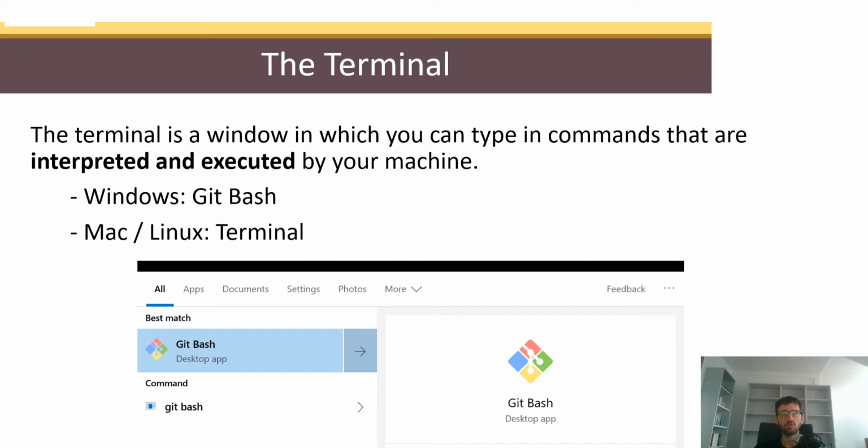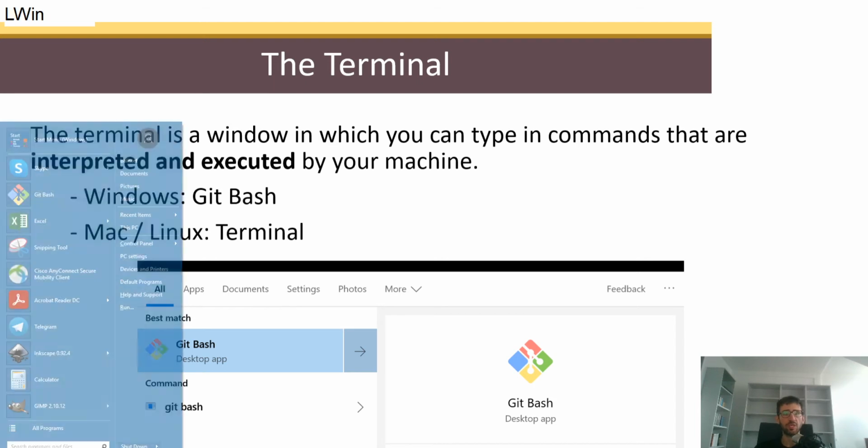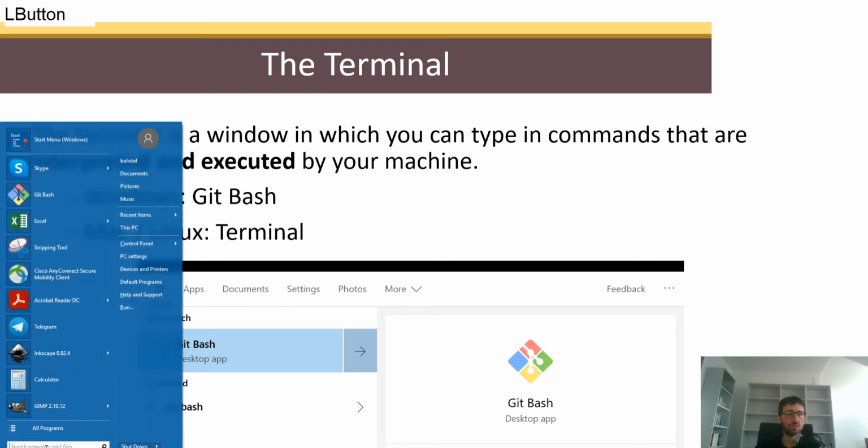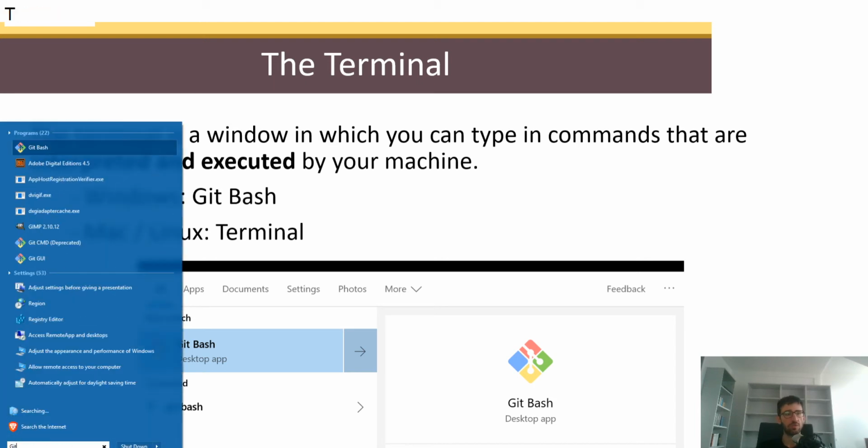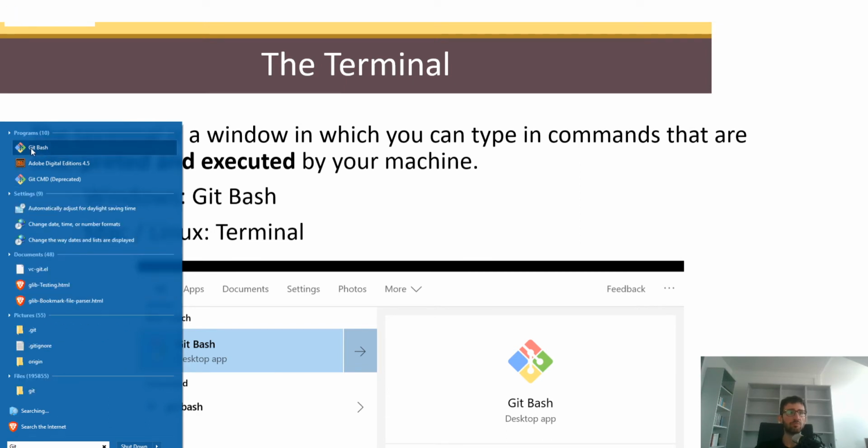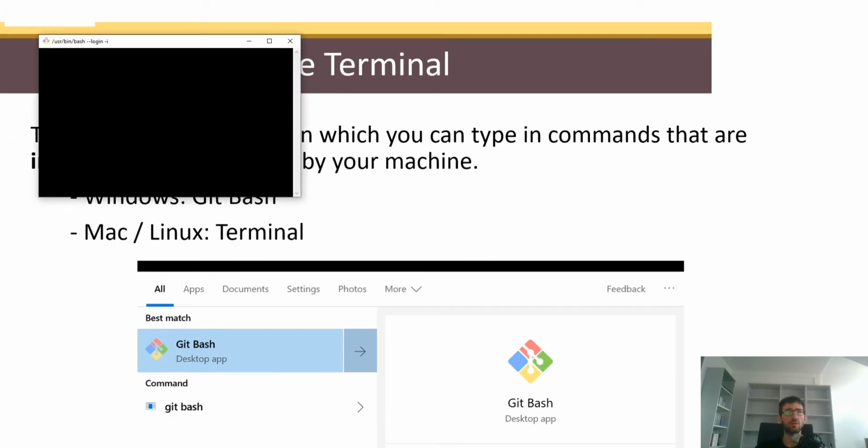Say in Windows we were going to use Git Bash, which assumes we already had the tutorials of the previous videos where you have downloaded Git Bash and Node. In Mac or Linux you can use the native terminal application. So now let's open Git Bash. Because we are on Windows, you can just type git bash. It pops up somewhere here, and here it comes,